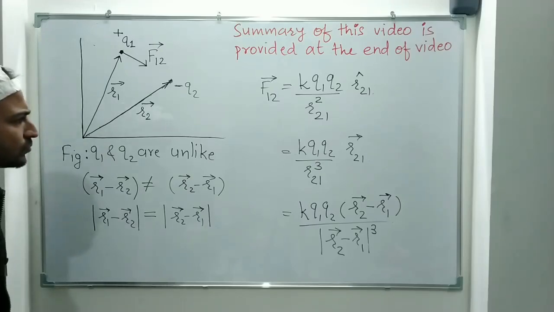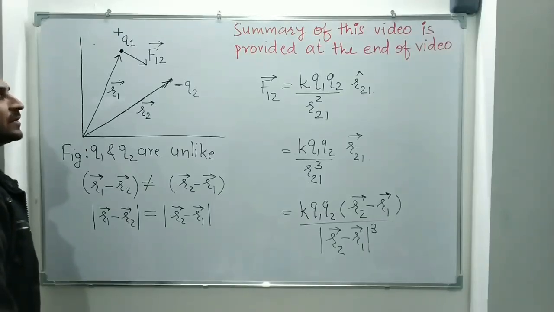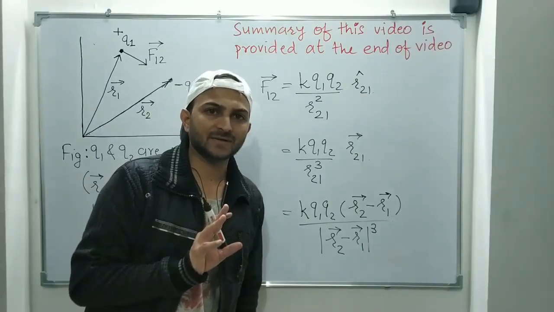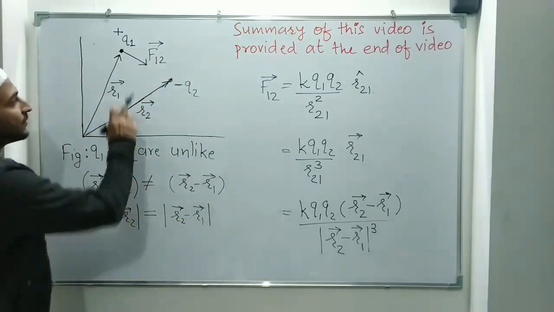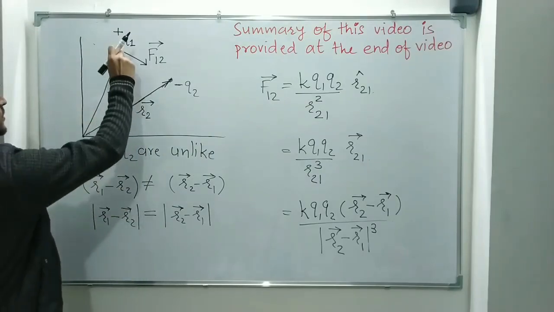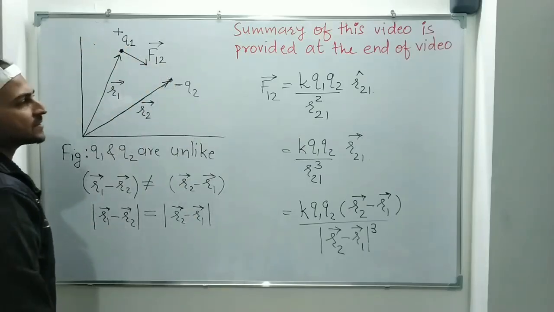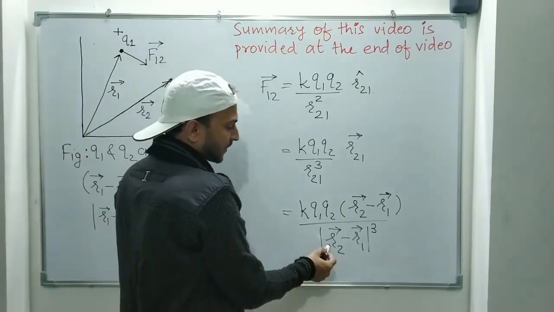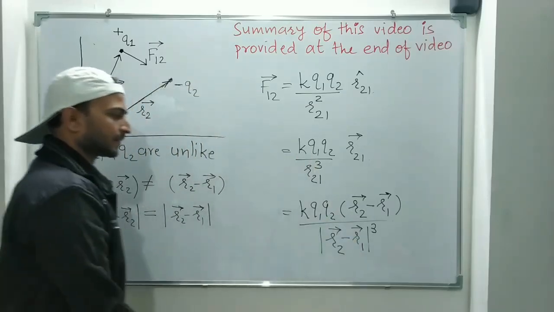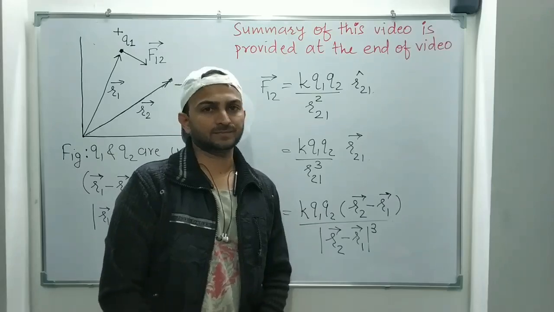So always we have to decide the direction of the force. That will be decided from whether the charges are positive or negative, whether they are like or unlike charges. Now after deciding the direction of the force, we check whether it goes from Q1 to Q2 or Q2 to Q1. From that we know which is final and which is initial. And always we subtract final minus initial. So this was Coulomb's law in vector form.